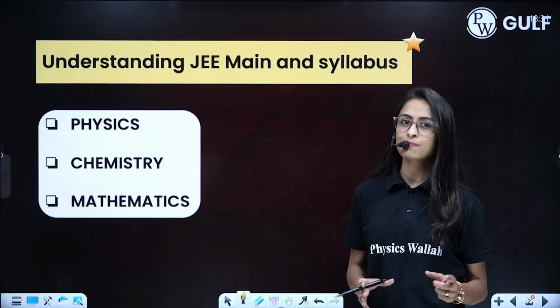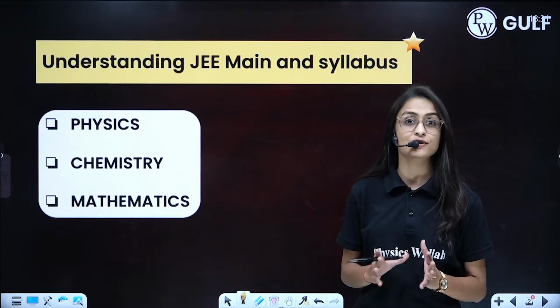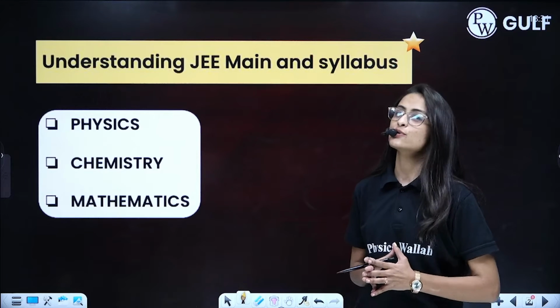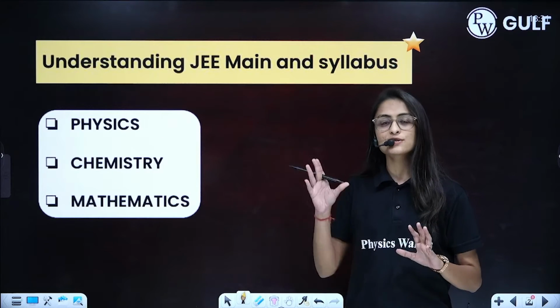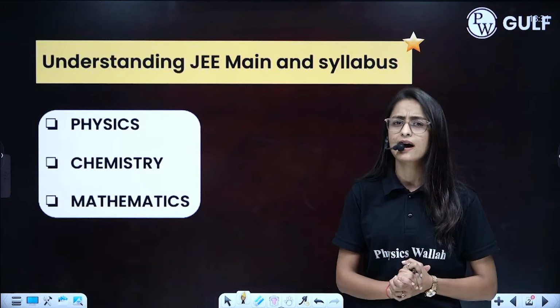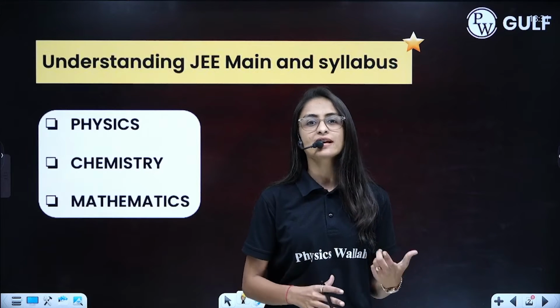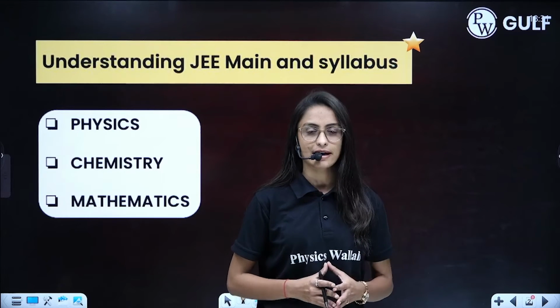So the next step is to categorize. Yes, of course, the syllabus is so vast over here. So you have to categorize your chapters into strong, medium and weaker criteria. And ma'am, why are we doing this? So at least we can work on your medium and weaker chapters, right?